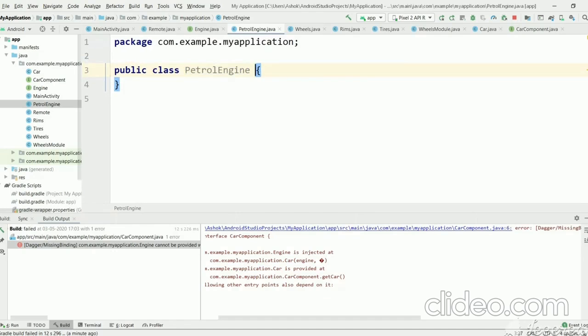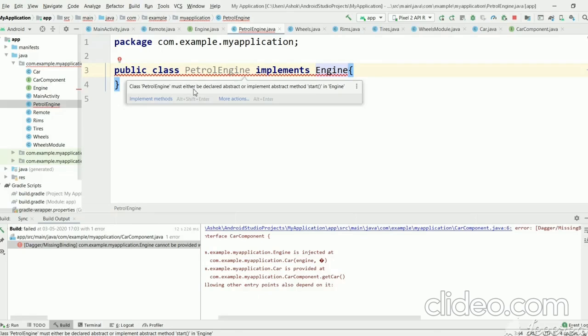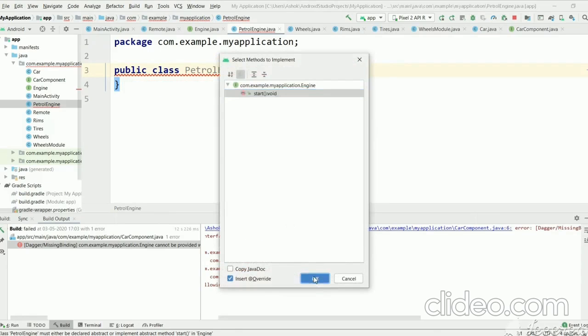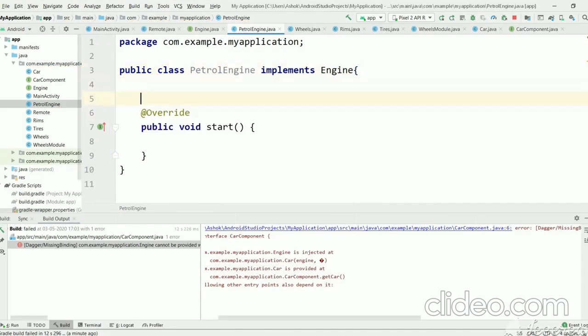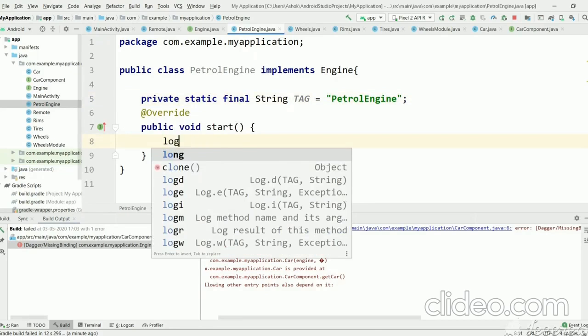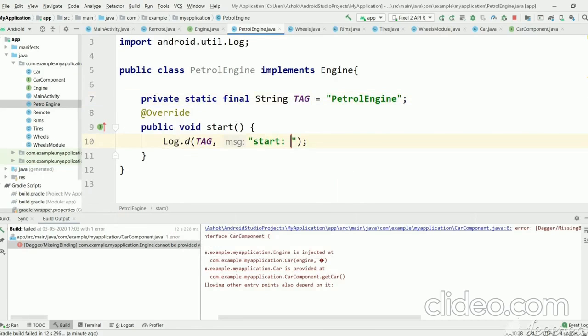Here let's implement Engine. Now add the unimplemented methods. For logging purposes, we will print "petrol engine started".